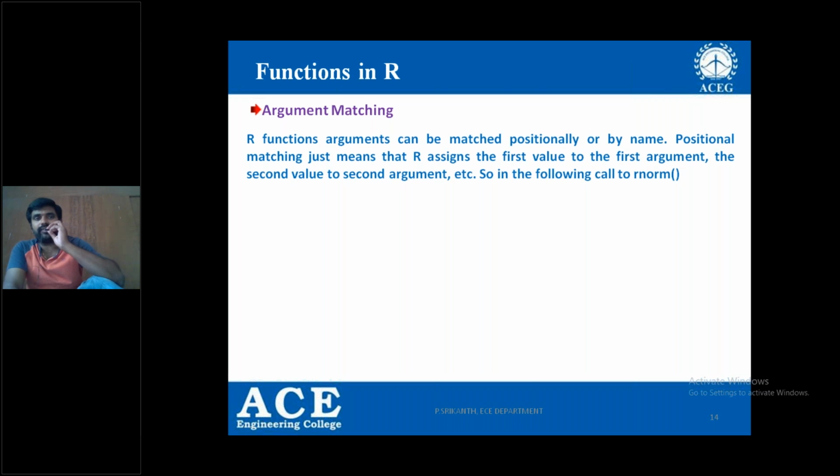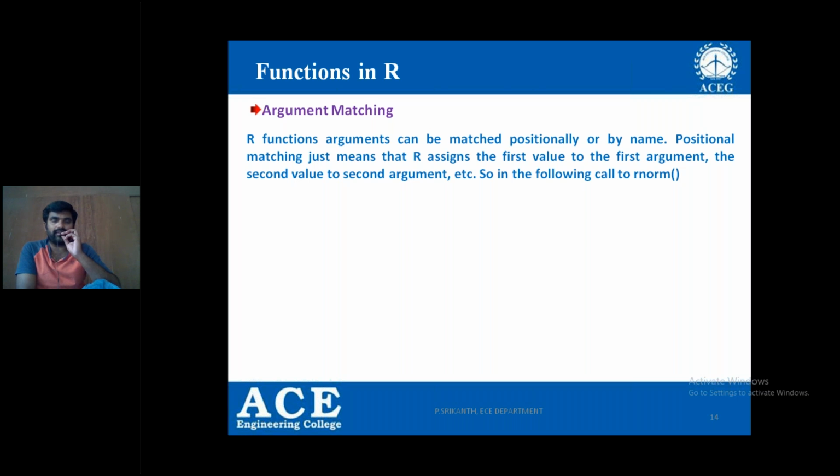So argument matching, in the sense that R function arguments can be matched positionally or by name. For example, here f of mean comma mean square value, these 2 are the arguments. The mean is given with x and mean square is given with y. While calling the function, f of x comma y must be used as the syntax, or f of mean equal to 2 and mean square equal to 10.